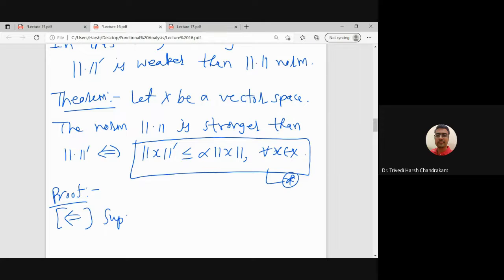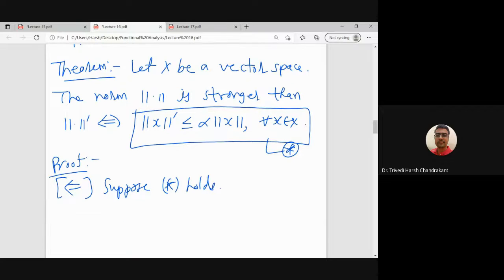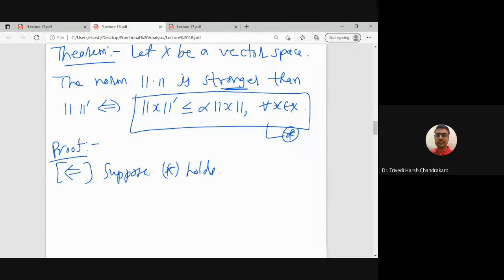Suppose star holds, that is, star is satisfied. We want to show the first norm is stronger than the other one, which means xn converges to x in the first norm implies xn converges to x in the second norm. So suppose star holds, then